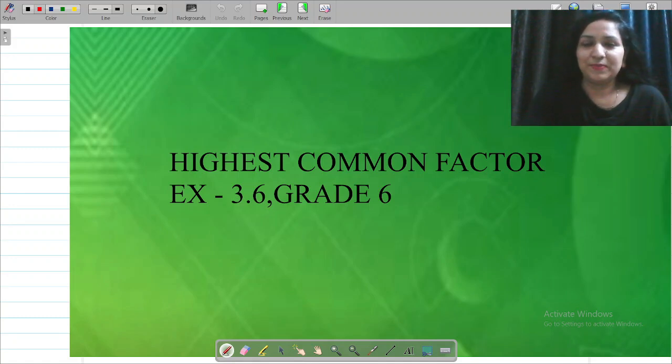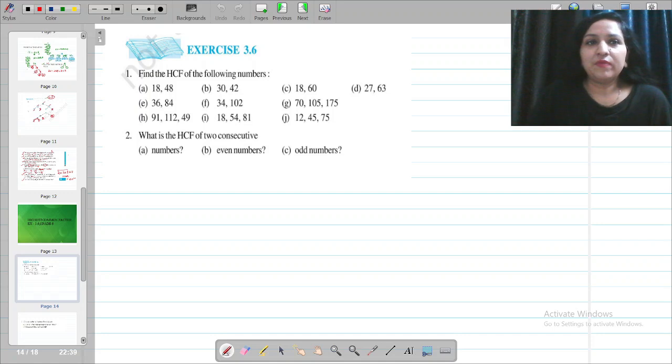Let's start the session. Okay, so question number 1, you can see on my screen. We have to find the highest common factors of the given numbers. The first pair of numbers given is 18 and 48. I'll be using different methods for different questions. Whichever method you find easier, you may opt for that method. Okay. Answer should be correct. If any particular method is mentioned in the examination, you have to follow that method only. If nothing is mentioned, then it is your comfort level.